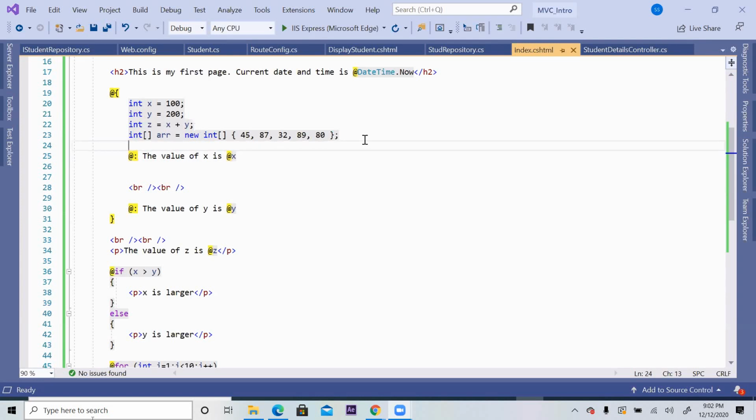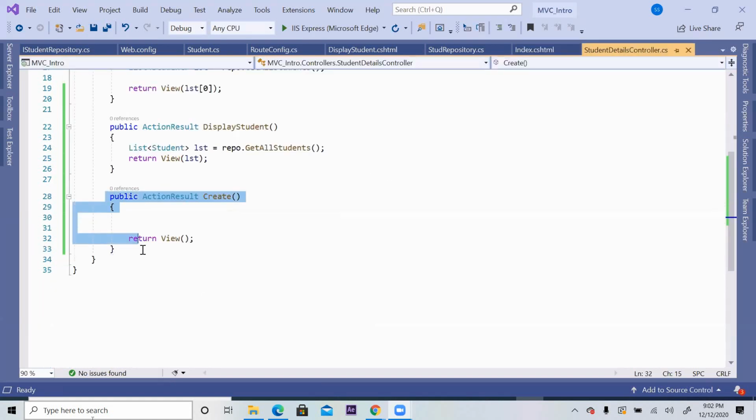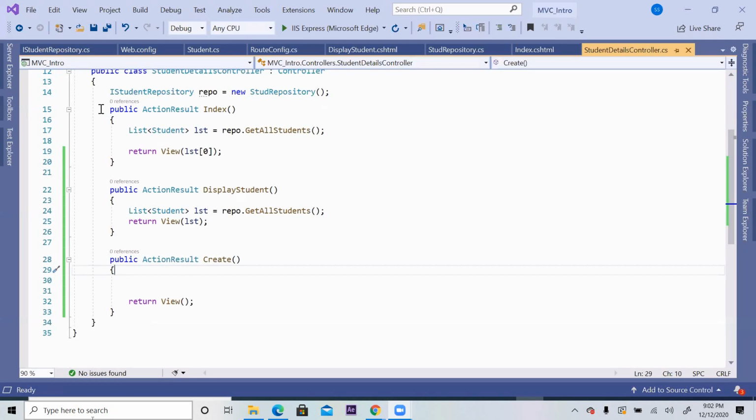Yeah. I have a quick question. So you wrote two functions, the display function and the create, on the controller. So the create is the one that's going to be used to create a form that would submit the information? Absolutely. We will go to that. That's why I said don't worry about it as long as I'm not teaching, okay? So we will complete it tomorrow, then you will be worrying about it. So today only focus on what is there in index and what is there in display, how to write our own view, how to use our scaffolding view, all small helper classes, how to make use of them.